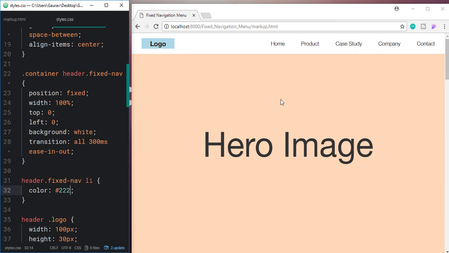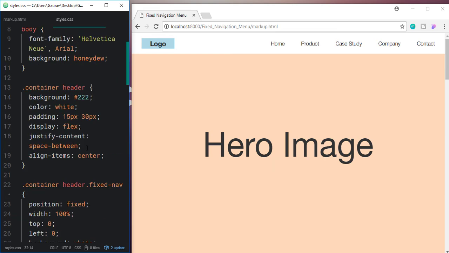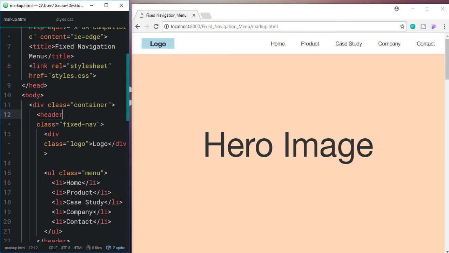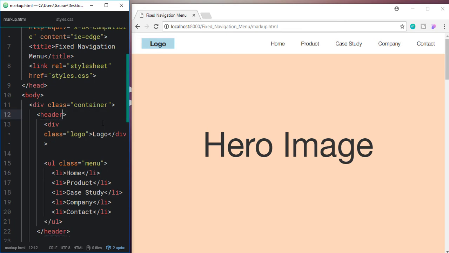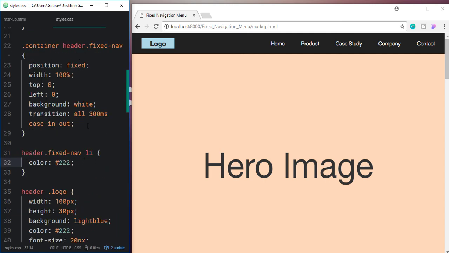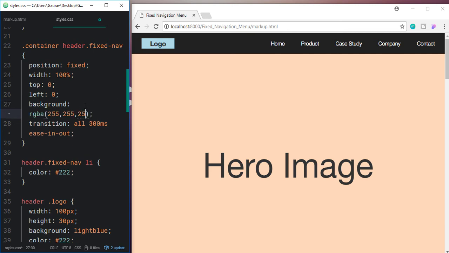Okay, so now our header is set up for the JavaScript. So let's remove that class from the header. We don't need it. We are going to do that with the JavaScript, and instead of setting the background to pure white, let's say 255, 255, 255, and let's add an opacity of 0.8. Okay,